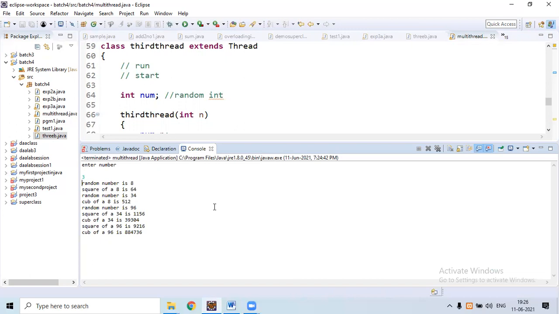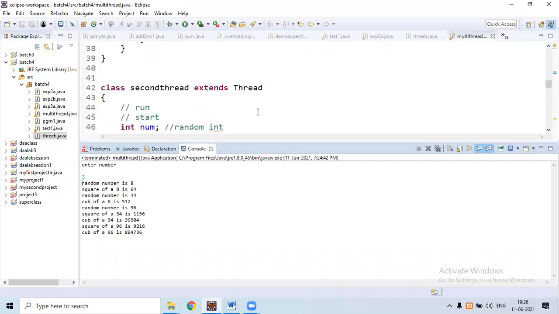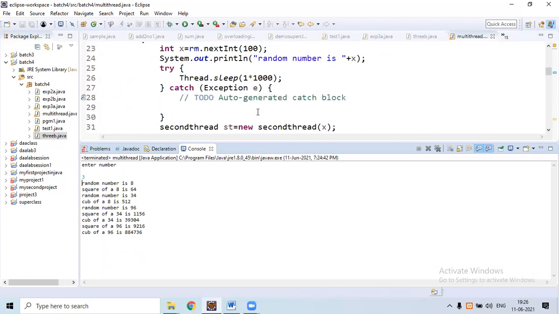Means the child should terminate first before termination of parent. So here we used the sleep statement. Because of this, we are getting the sequence like this.